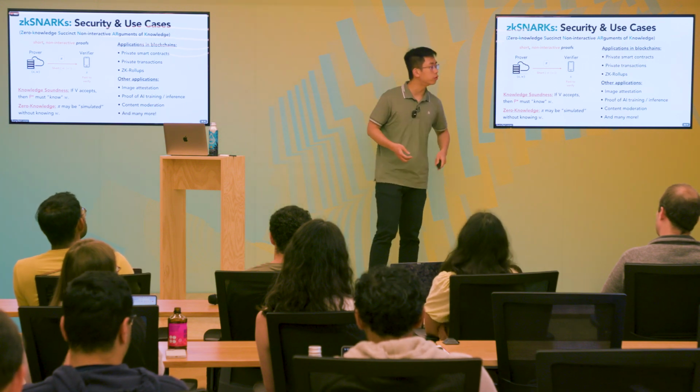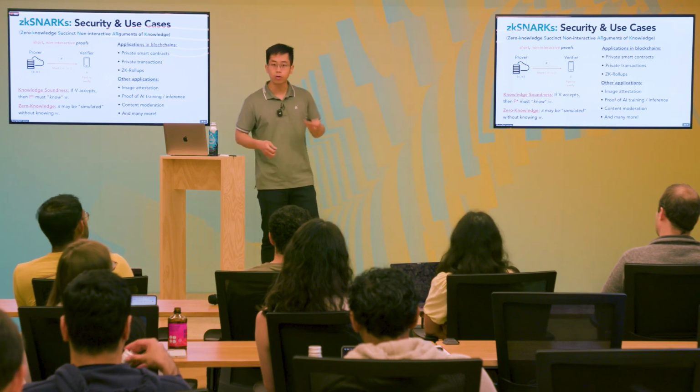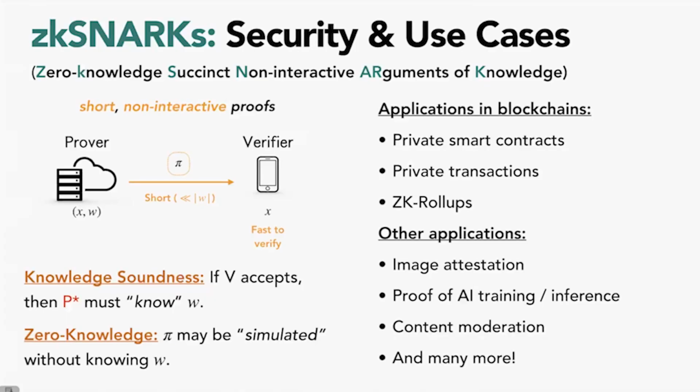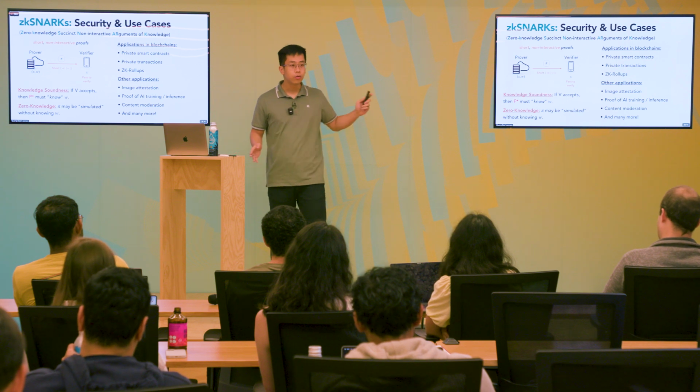Similarly, you can also do a SNARK proof of correct AI training or correct AI inference. Or you can do a SNARK proof to show that your account is not on some given block list on some federated website, and many, many other applications. So with all of these